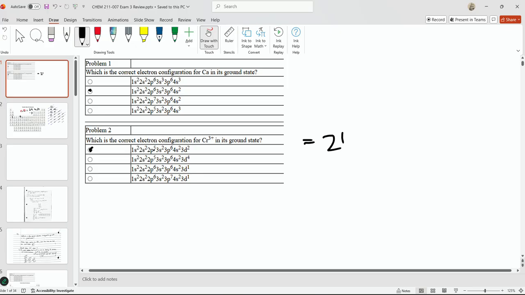Okay, but you see, this p orbital can also hold up to 6, right? But this one is 5. So this can't be the correct configuration. We have to check the other ones as well, right? So plus 6 plus 2 plus 6 plus 2 plus 1. So the correct answer will be this because